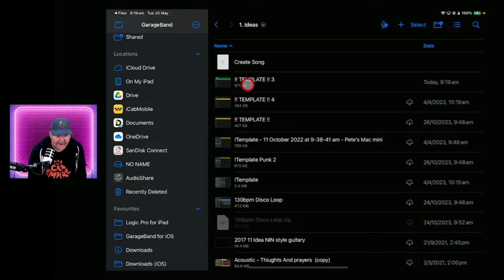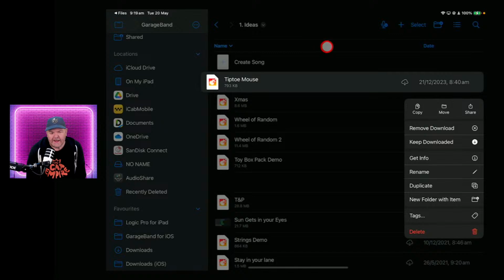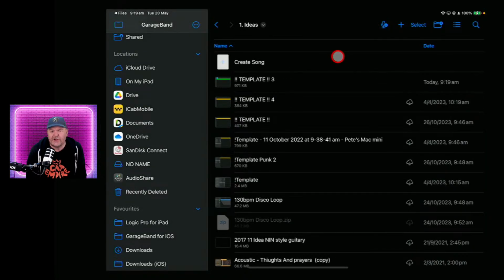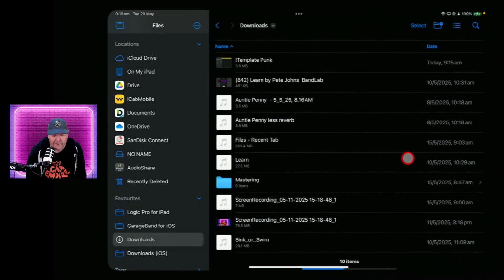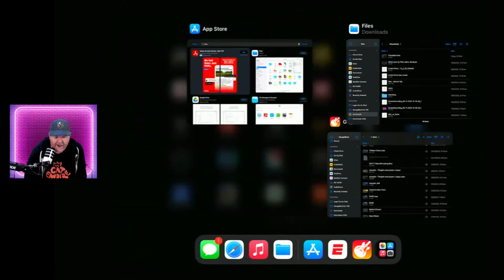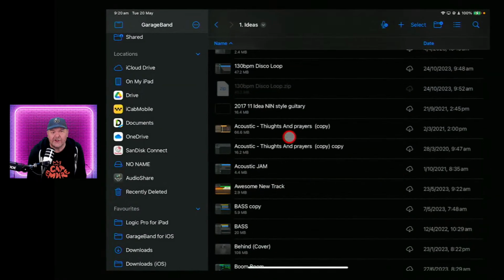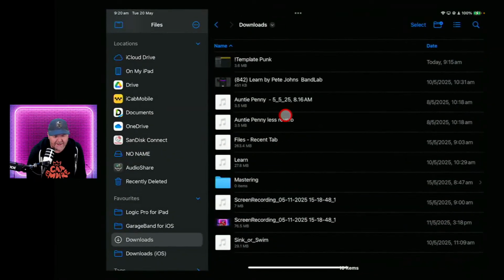To zip it, again, we can tap and hold. And down, oh, are we in GarageBand? We are. I did this on purpose. I wanted to deliberately show you a problem here, which is that this looks an awful lot like this. And a tip for young players is that if you are trying to do a files-based action and it's not working, it's probably because you're in GarageBand. If you just flick back over to the Files app, you can actually do it. So let's go with this one now.